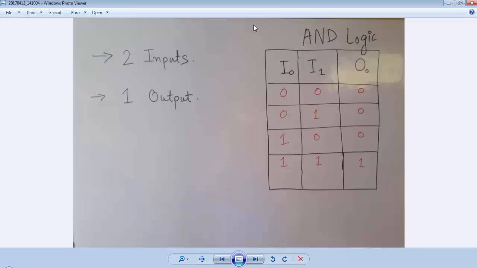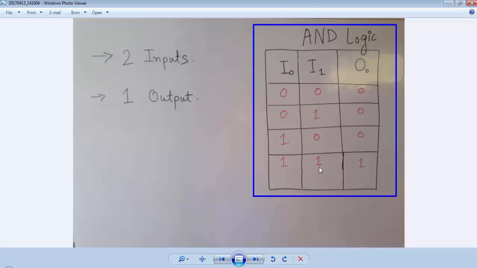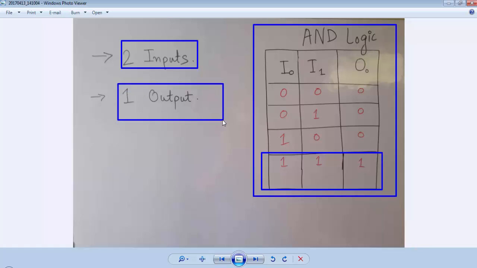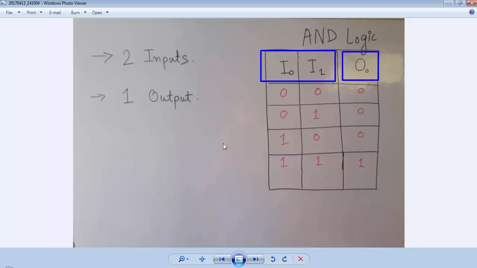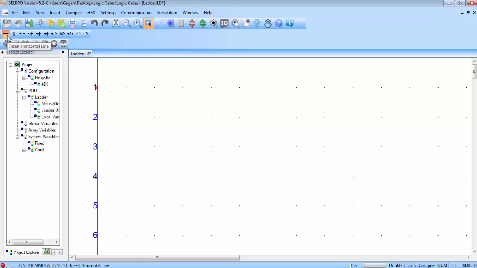I will first create a ladder program for AND gate, and this is the truth table of AND gate. According to this table, we will get a high output only when both inputs are high. So for this we need two inputs and one output of the PLC. So I0 is the first input and I1 is the second input. O0 is the output. First place the horizontal line and then two NO in series, and at last place a